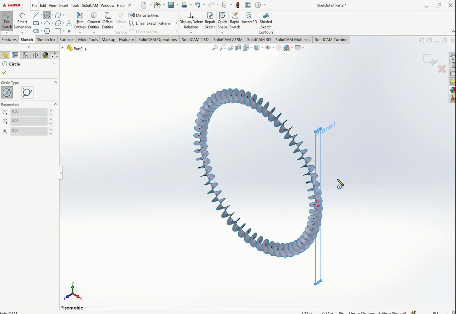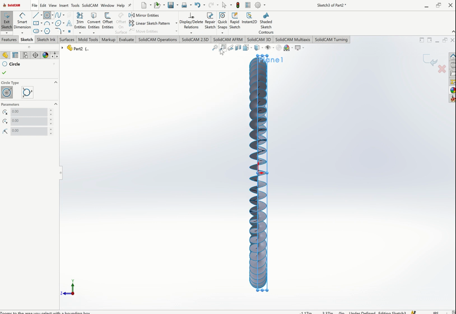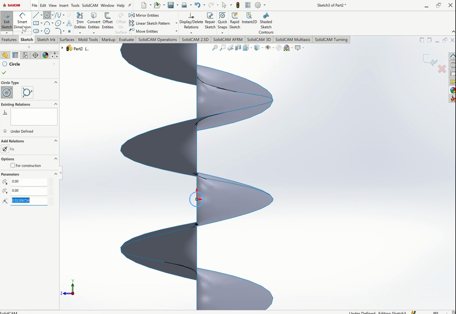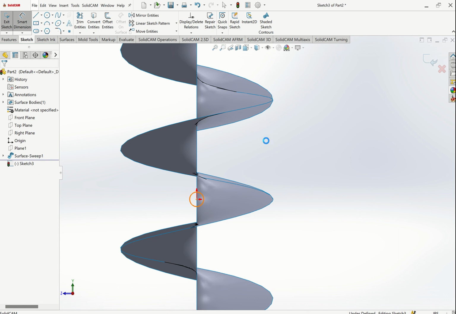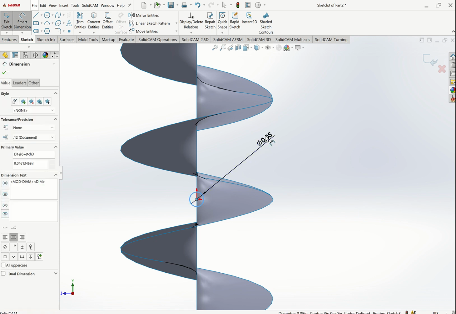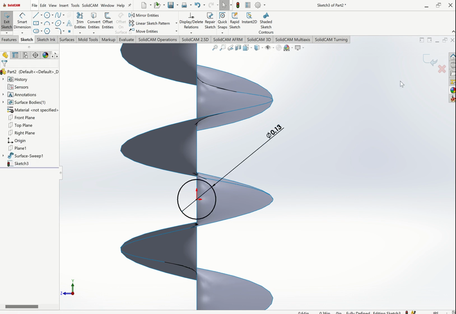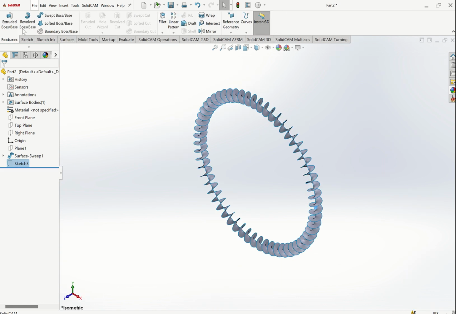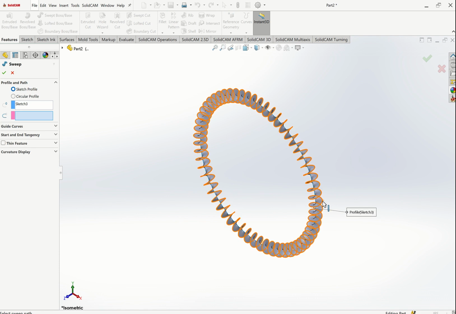Control 7. Control 8. Is this what it gives us? So we want to see. Can sketch this one. 0.125. You see? 0.125. Then exit. Control 7. So come to feature, sweep, and then the part should follow this path